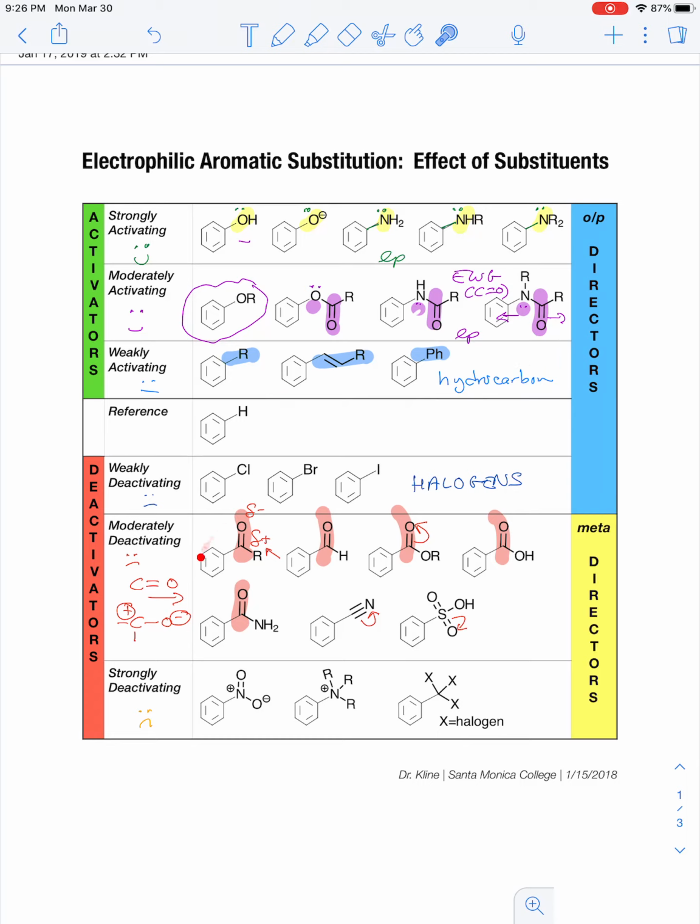Hydrocarbon group, halogen, carbonyl or other atom attached to, with a double bond to a fairly electronegative atom. And then with this group we have, except for the one, the trihalogen one, we have a full positive charge, which is going to be more withdrawal